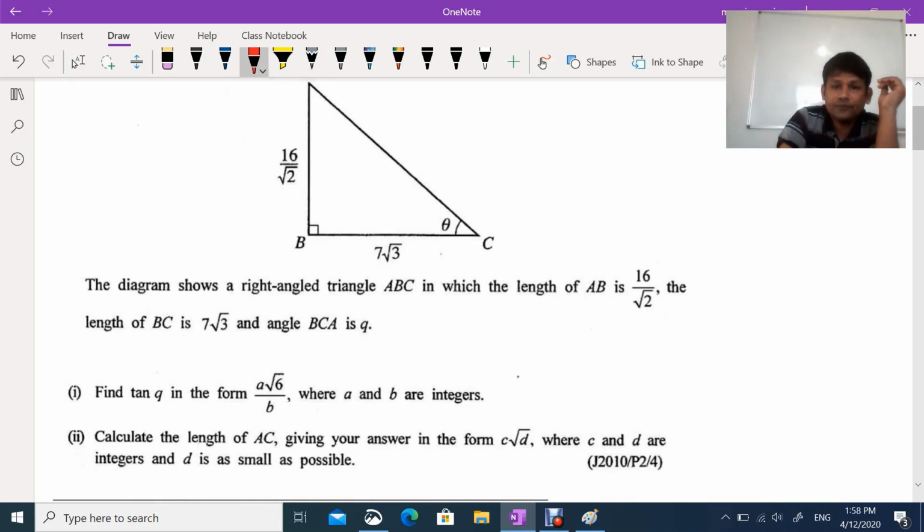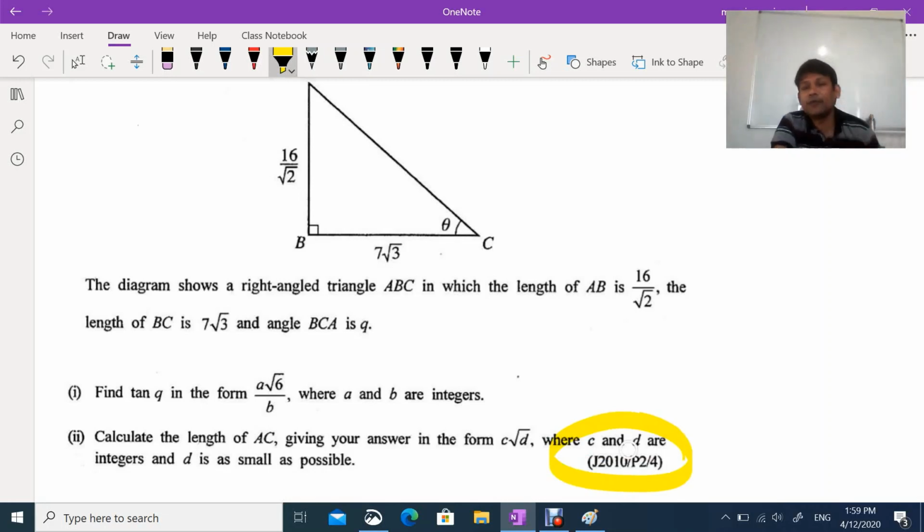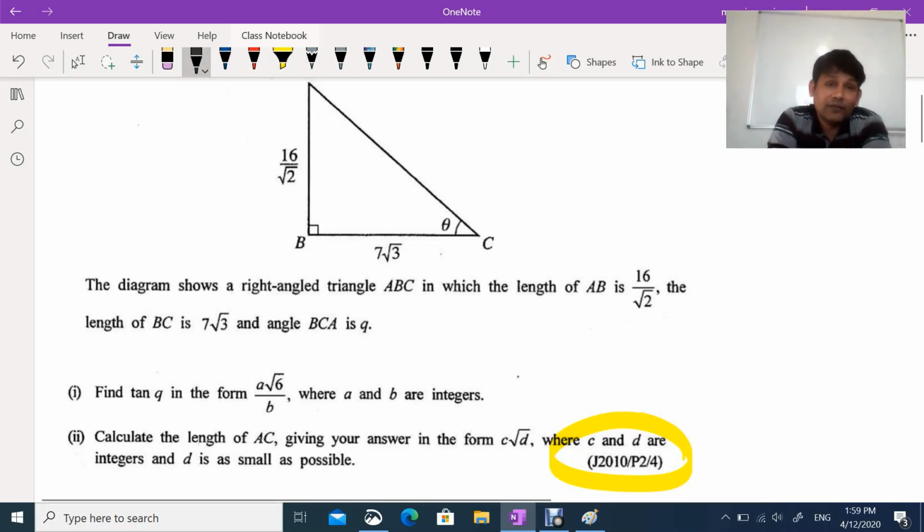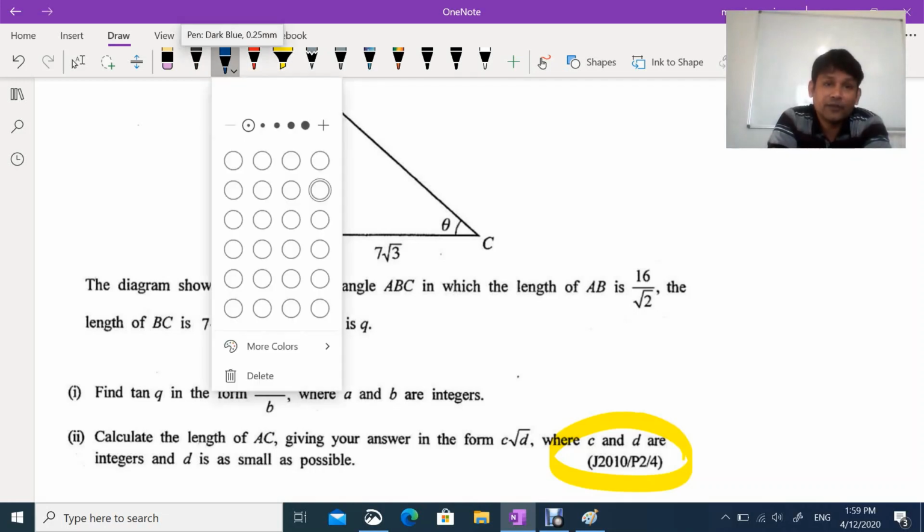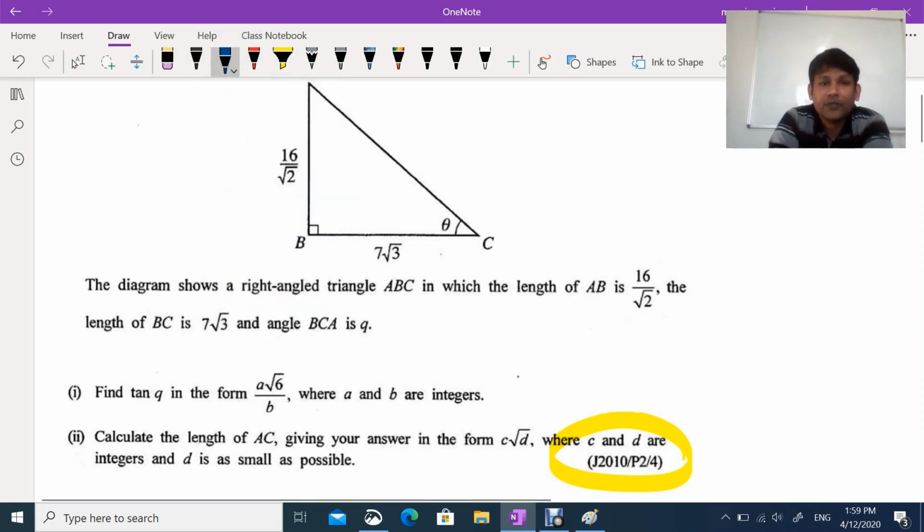from June 2010, paper 2, question number 4. This is one of the simple questions. I would like to start from here, and let's see how many questions we can do today. This is radical. Surds are given. The diagram shows a right angle triangle ABC in which the length of AB is 16 upon under root